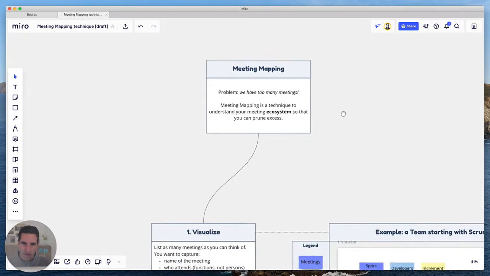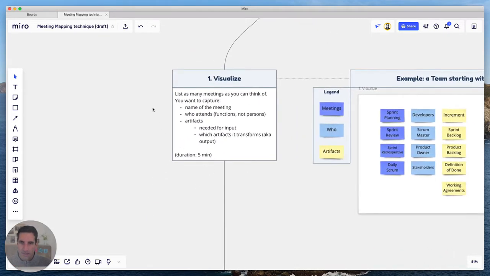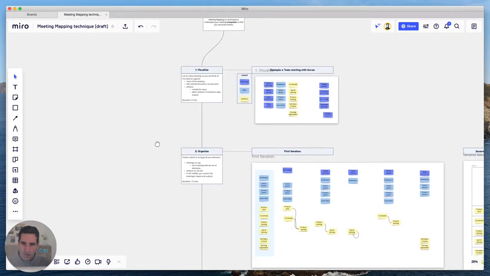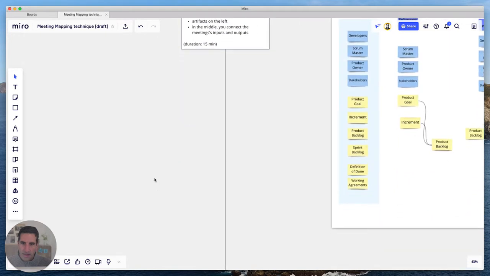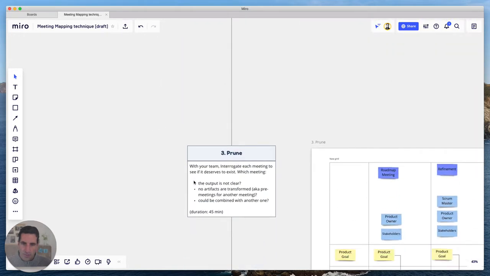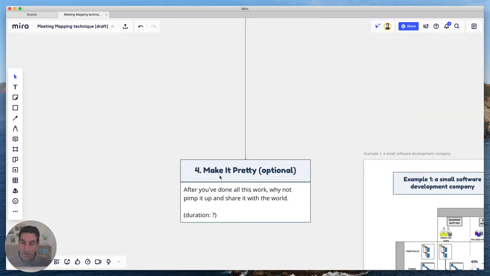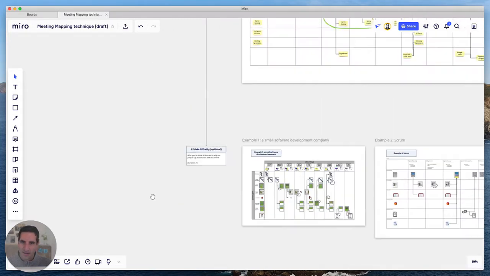So it has 3 steps. Well, first off is to visualize. Then you're going to need to organize, and then we're going to prune. And for the fancy ones out there, I would imagine that there's quite a bit of making it pretty. So let's start with